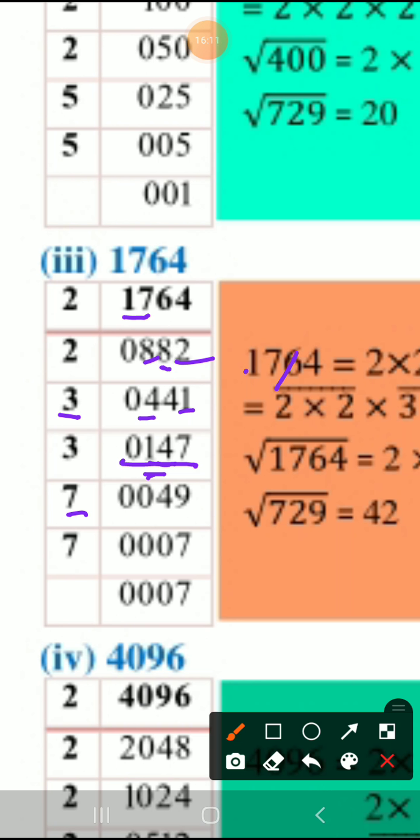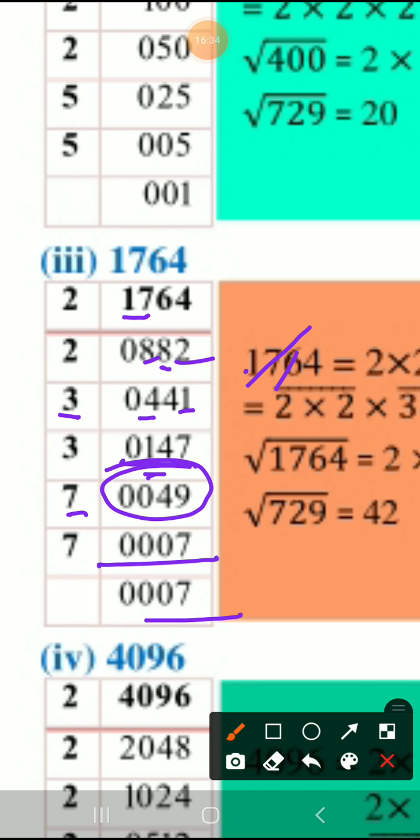So how can I write 7 here? How can I write it with the 3? Look here, 3 4s are 12, 2 remains, and 2 9s are 18, 27, so it becomes 49. So again 3 zeros we keep. Why? 4 is less than 7, so 3 zeros. 7 7s are 49, then 7 1s